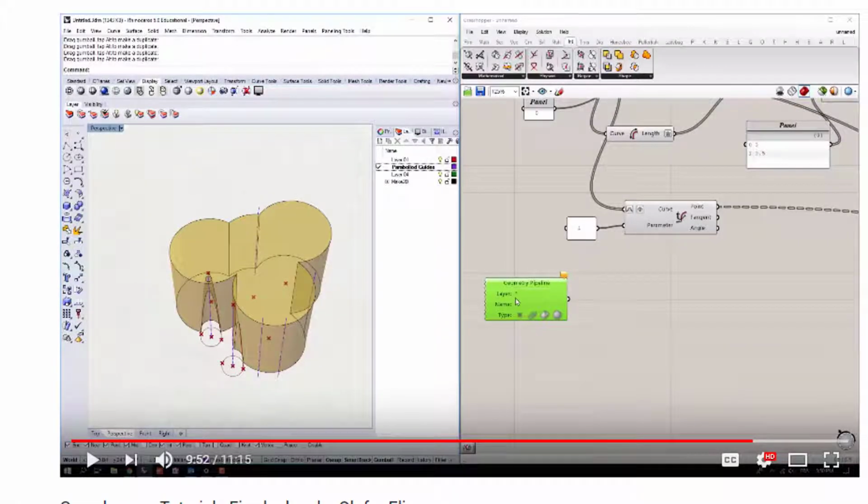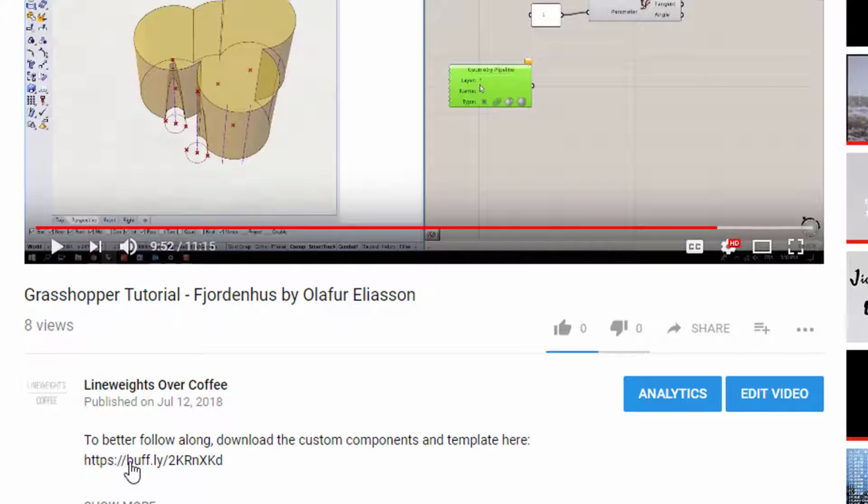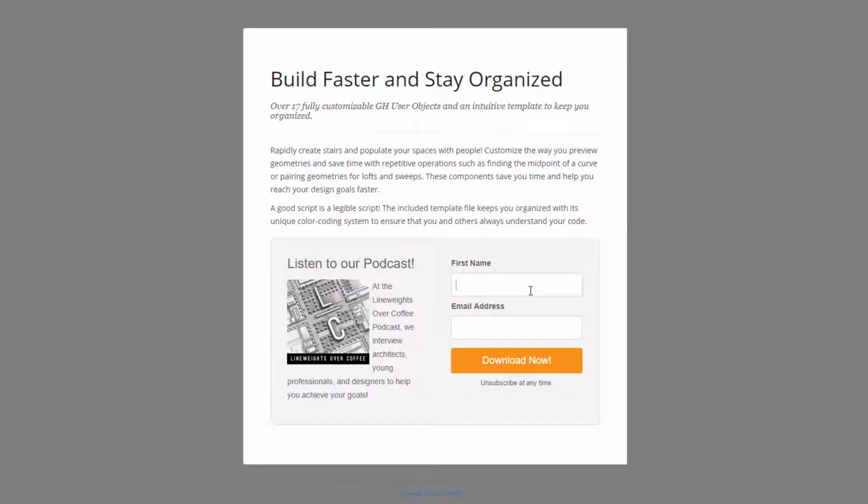Hi guys, in this video I'm going to show you how to download the custom components and the template. So if you're watching any of our tutorials, you'll notice down here that there is a link. If you click that link, you should see a landing page show up, and what you need to do is just put in your information here